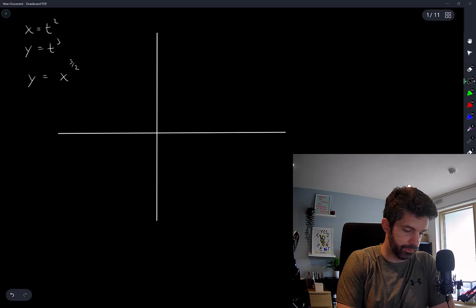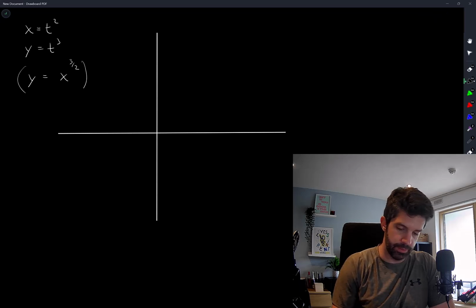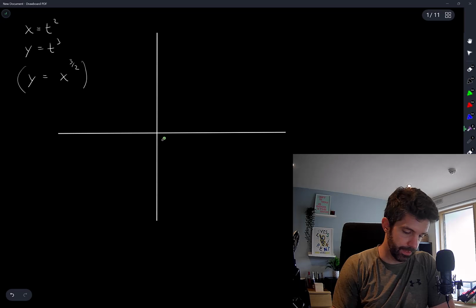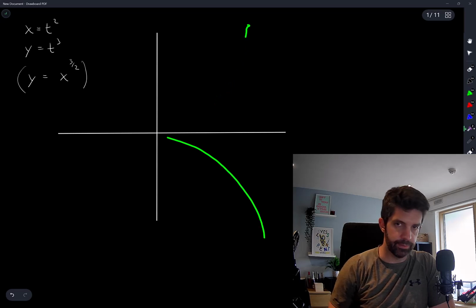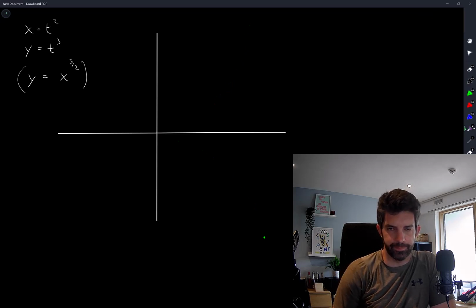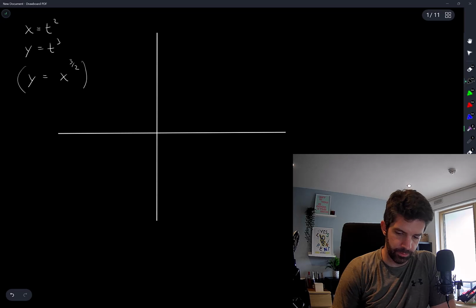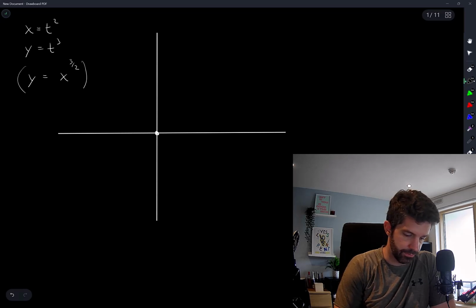I'll put this in parentheses because, you know, for positive values of t, the curve looks like that. For negative values of t, the curve looks like that. Okay. So we have the origin, of course,